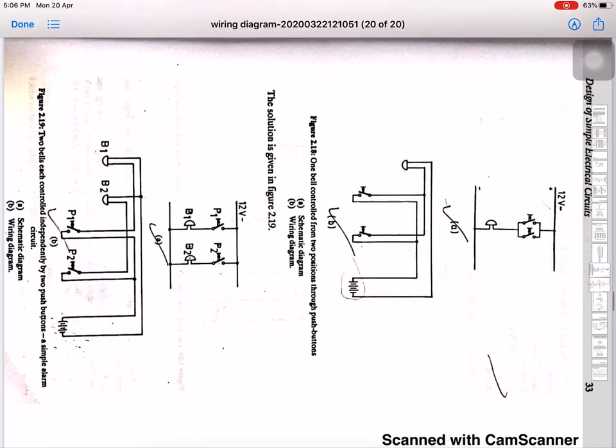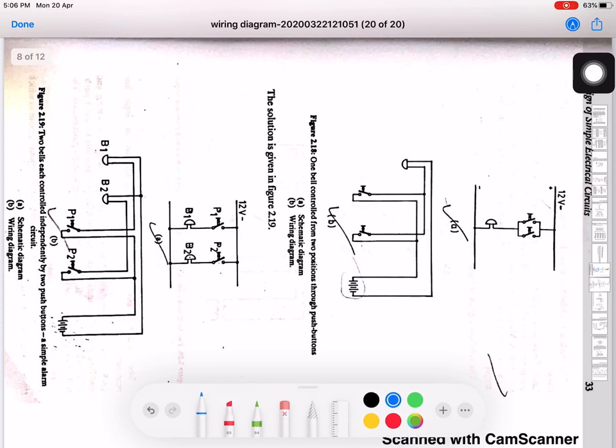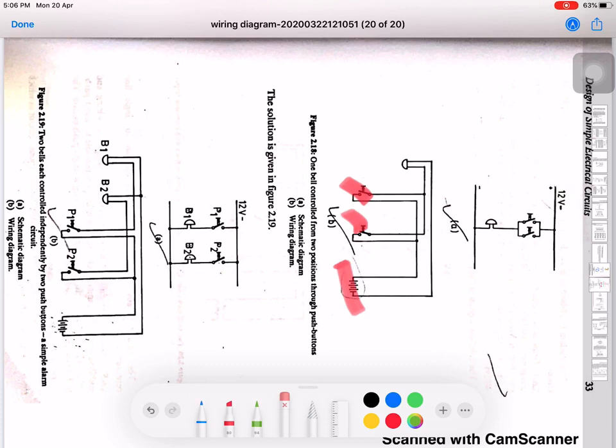But suppose there are two push buttons controlling a single bell, governed by a DC voltage source supplied by a two wire arrangement. So this figure can be represented by a wiring diagram in a similar fashion as this 12-volt battery is represented over here. These two push buttons are represented over here, and this is a looping in arrangement, you can say,